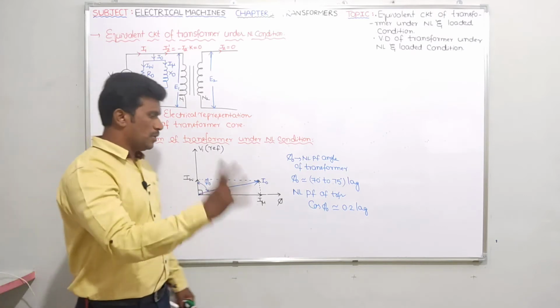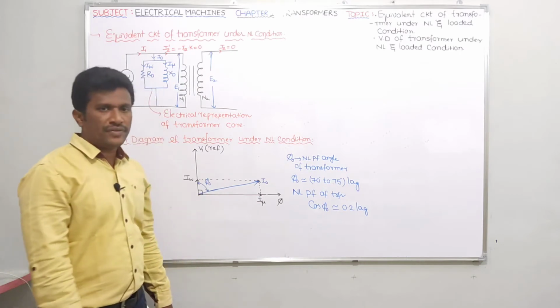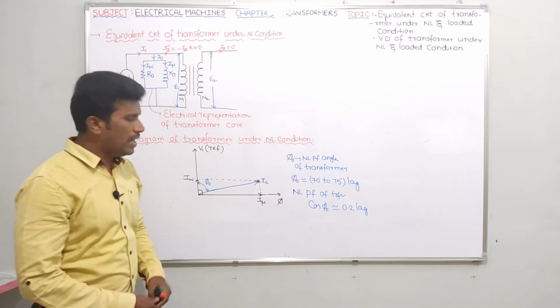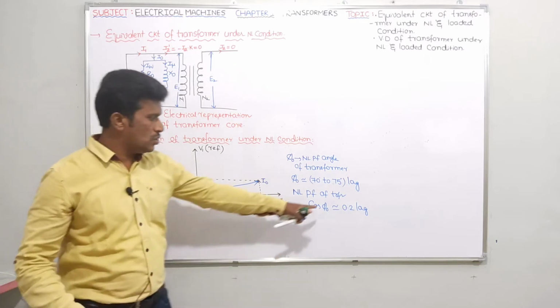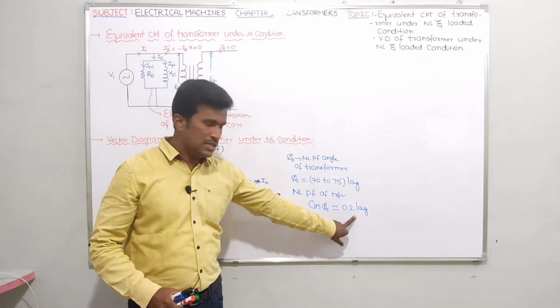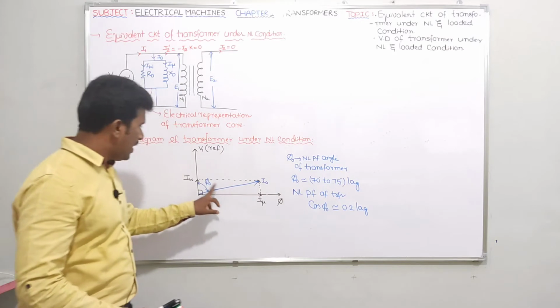Here let me ask one simple question, guys. Why is the no load power factor of a transformer very less? See, 0.2 means very less, no? Tell me, what is the reason why the no load power factor of a transformer is very less, 0.2 lag? Can you please tell me? Very simple. Cos phi naught less means phi naught value is more. Phi naught value is more. Yes or no? Why is phi naught value more?